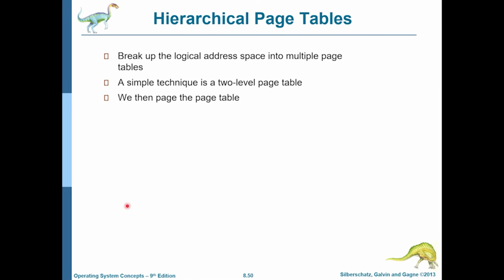So we can have the outer page table over here, then we can have some inner page tables, and we can have maybe another level of inner page tables, and then we can go to the frames. So it is not necessary that the outer page table maps the entire address space. It can choose to map only a subset of the entire logical space, and then whatever it chooses to map, only those inner page tables will be present. And so we don't have to have the entirety of the page table entries for the entire logical space.